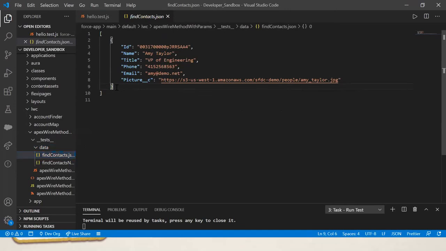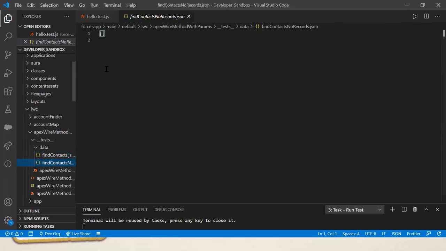Here we are using only one object record, but you can include multiple records as well, as per your need. One more JSON file we created with the empty record. We have to test in both scenarios, right? With all the records, with no records, and the exception scenarios.